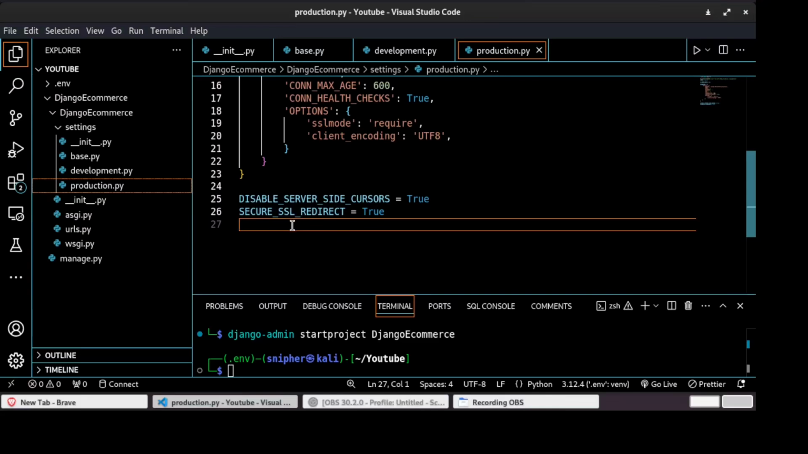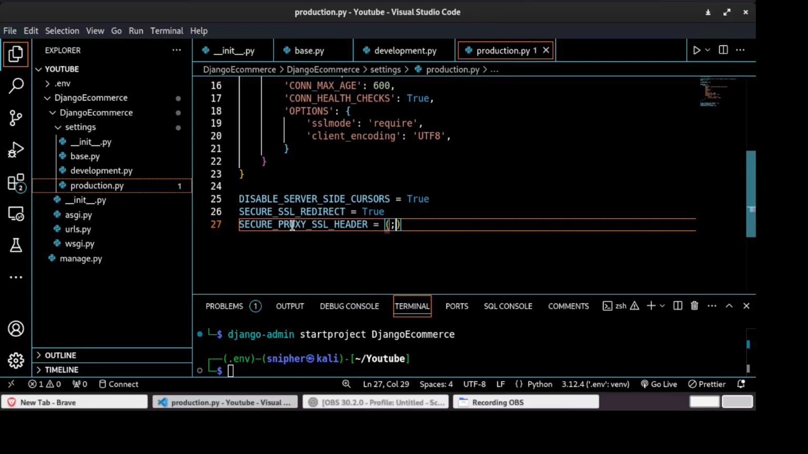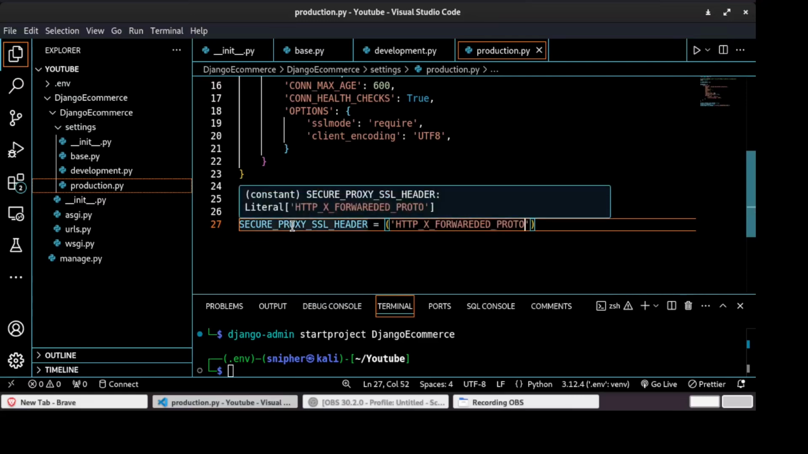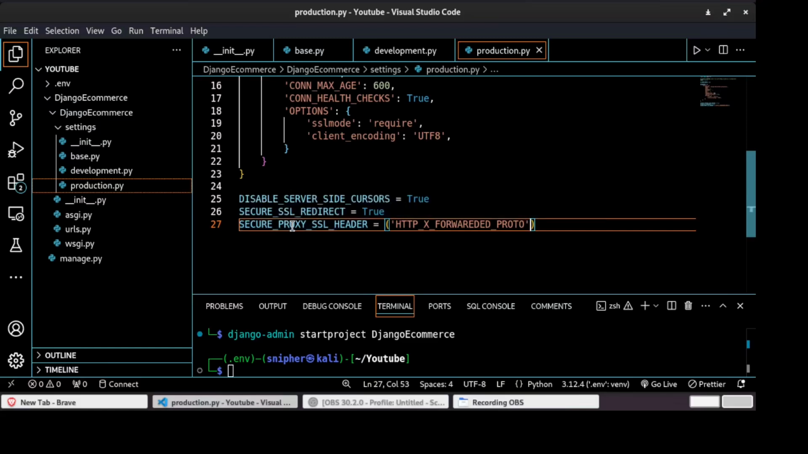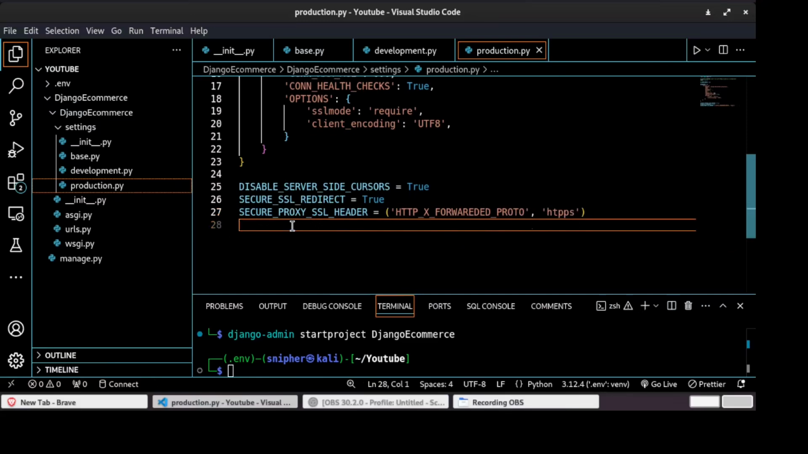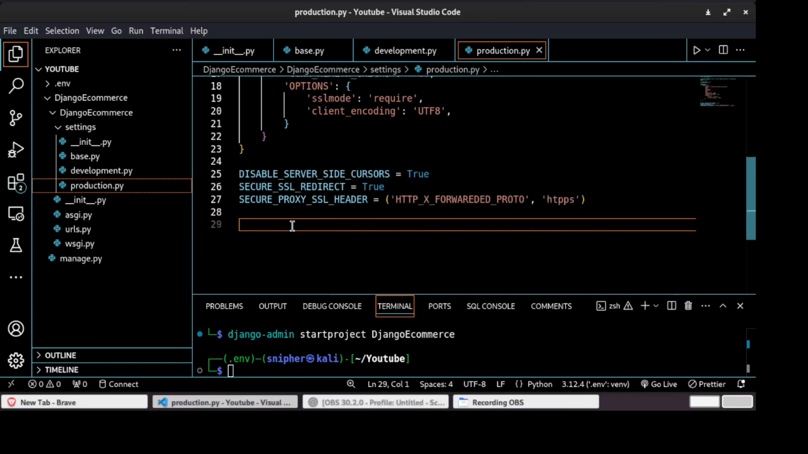And then let's have secure proxy SSL header. Let's have HTTP X forwarded proto and HTTPS. So we shall have HTTP X forwarded proto. These are settings that increase security of the application, and let's use HTTPS. And then we need to have another setting, say